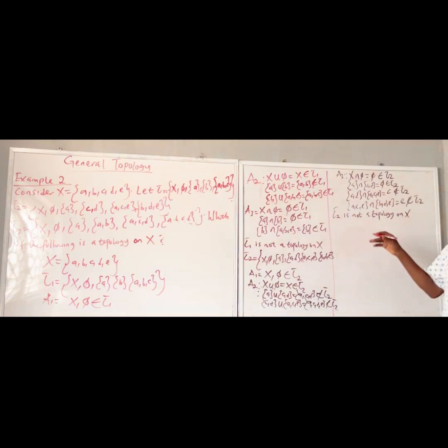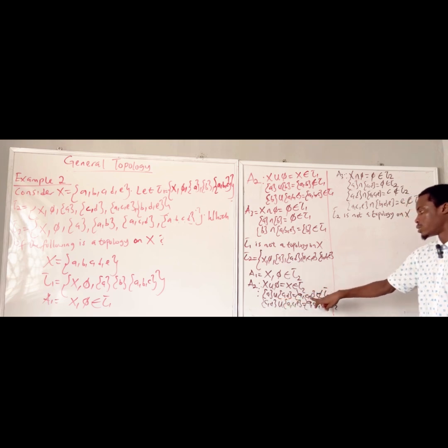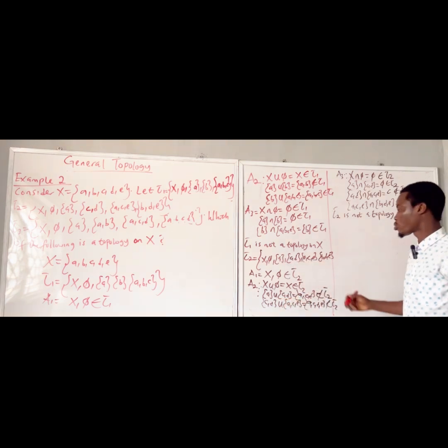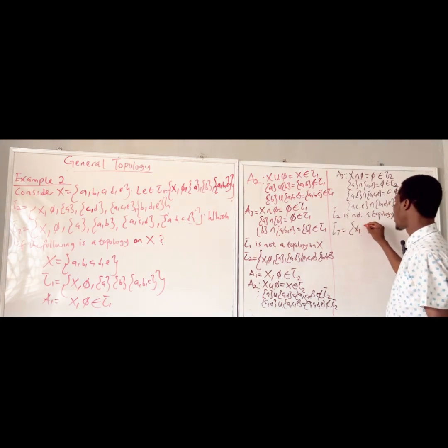Because some equations fail to be satisfied. In equation 2, A union ACD is ACD, and ACD is not present in Tau 2, so it's not a topology. So let's test for Tau 3. Our Tau 3 is X, empty set,